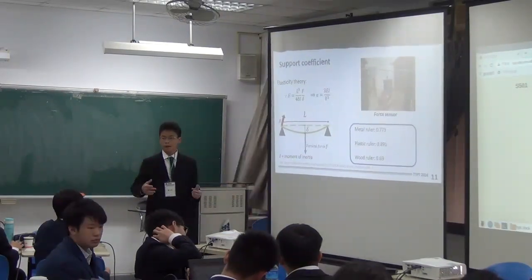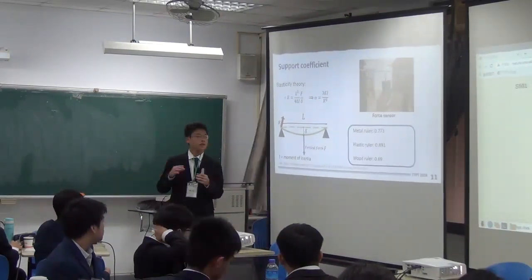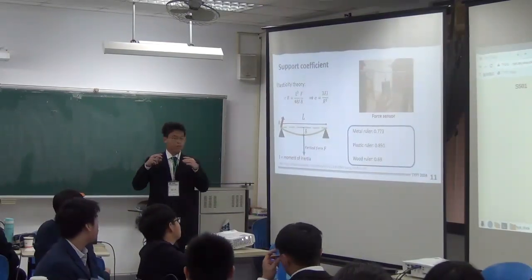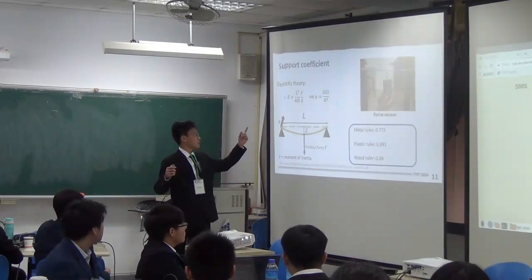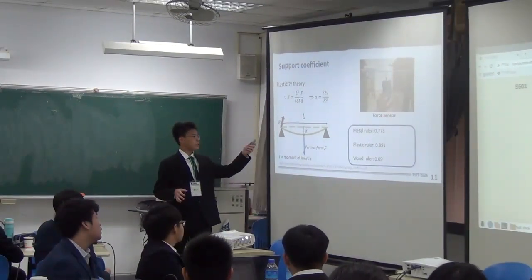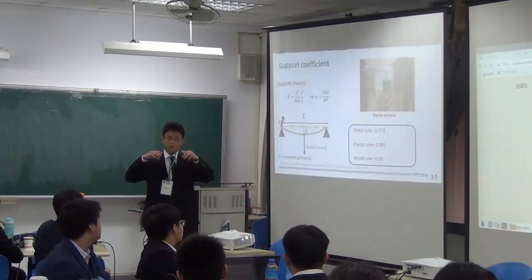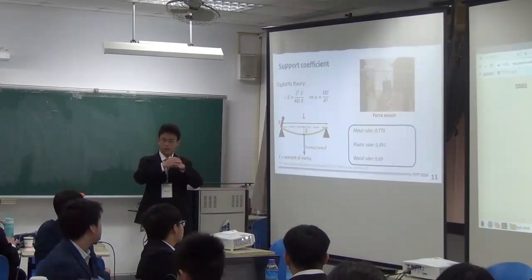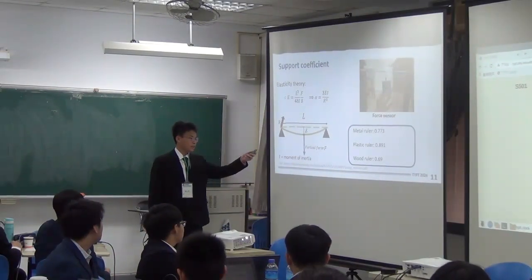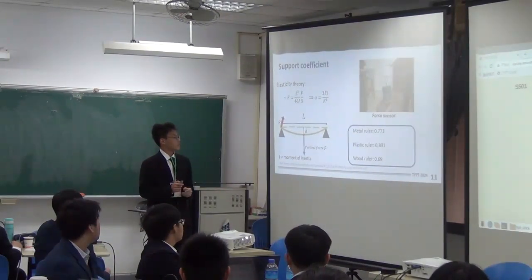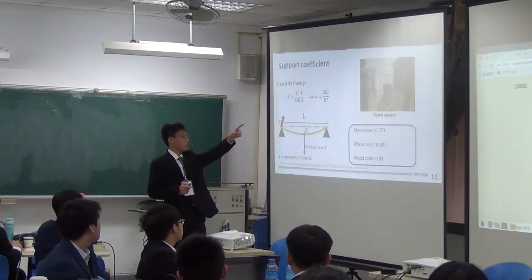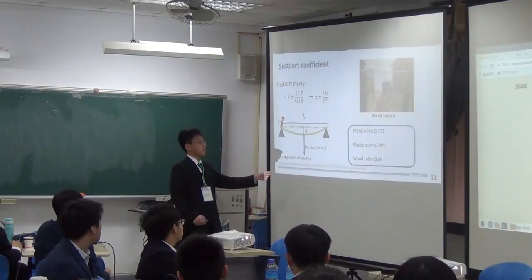Then I'm going to talk about the support coefficient of my ruler. The ruler might have some bending and recoil in this phenomenon. So we could use this equation to find the alpha, which is how much the ruler would support if a force hits it. Different materials have different alpha. I use a force sensor here to measure the vertical force I put on this ruler,